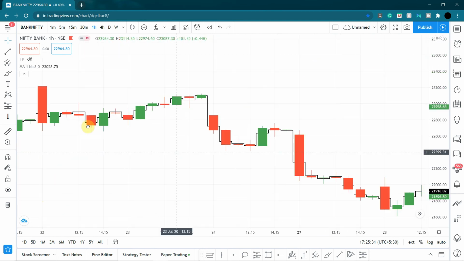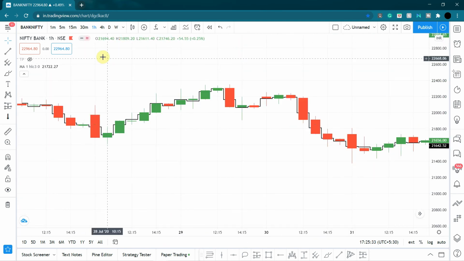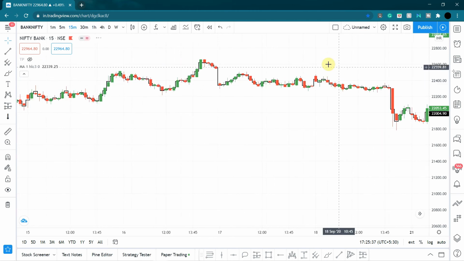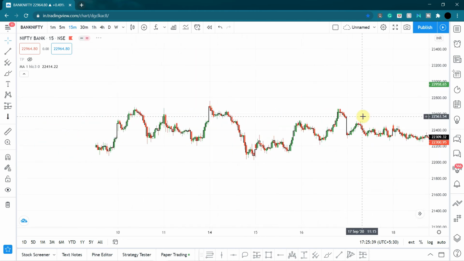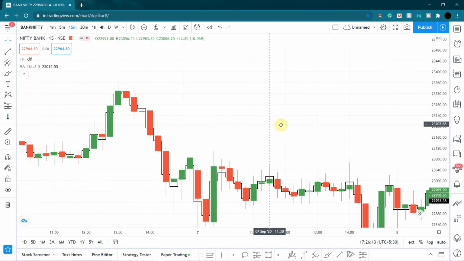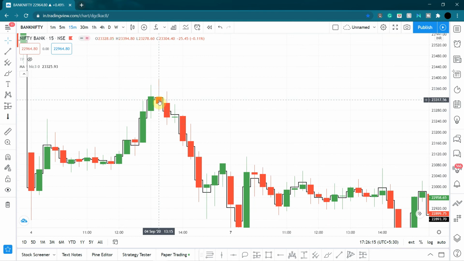Let's see some different time frames, because many people told me that this works only on the larger time frame and not the smaller time frame, but that is not the case. Okay, let's say you use the 15 minutes time frame. Let's say you want to short over here. Let's say there's some kind of resistance over here. I don't know what it was exactly, but let's say there was a resistance and you actually want to short.